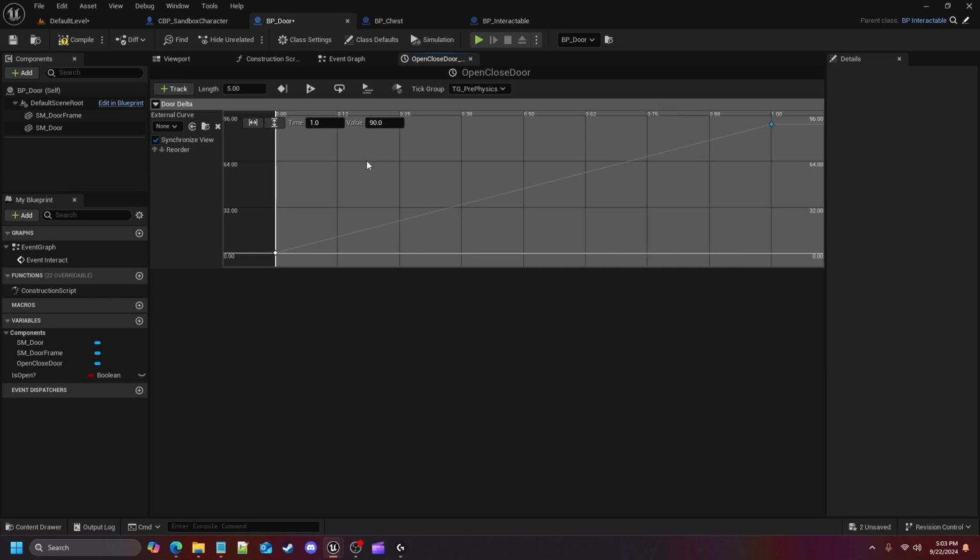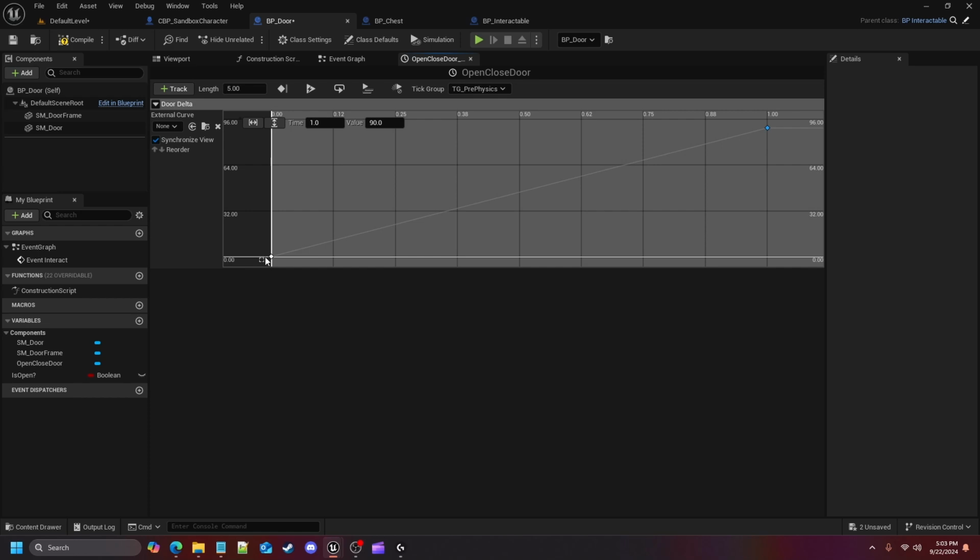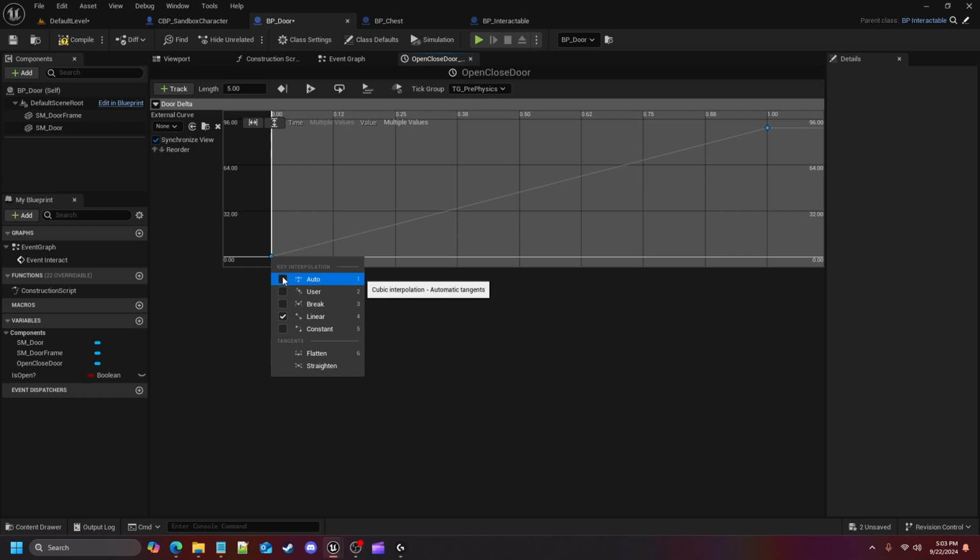So once you've got these two keys, you want to click somewhere and drag to encapsulate both keys so they are both highlighted blue, and right click on one of the keys, and we want to do auto. As you can see right here, cubic interpolation, automatic tangents. When we click this, you'll notice how the line curves over the delta, right, or the change of our points. So what it's doing is basically smoothing out